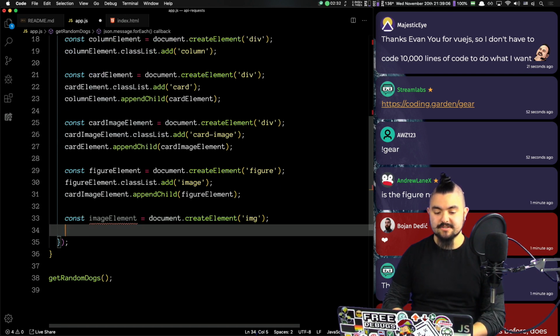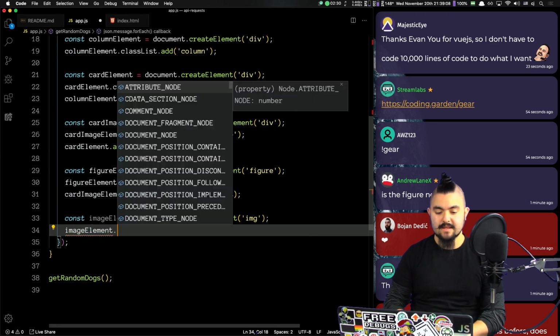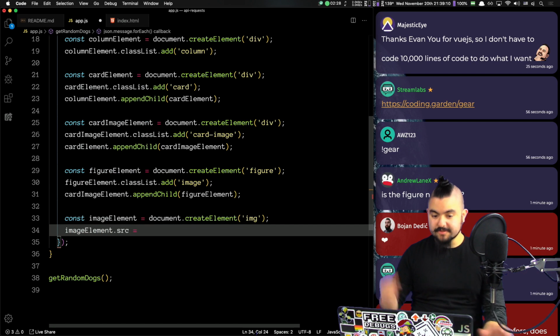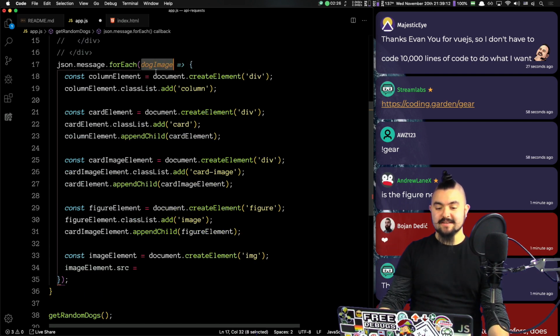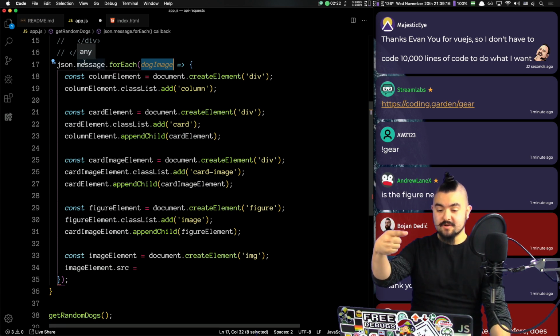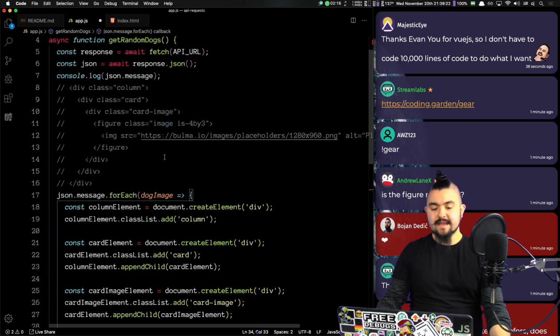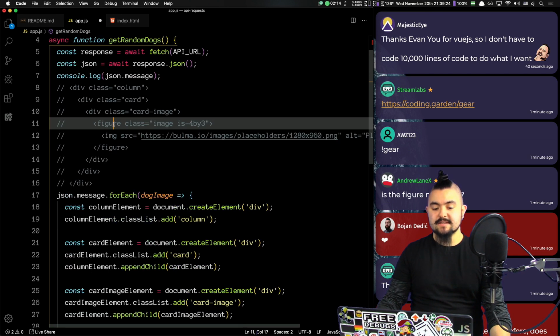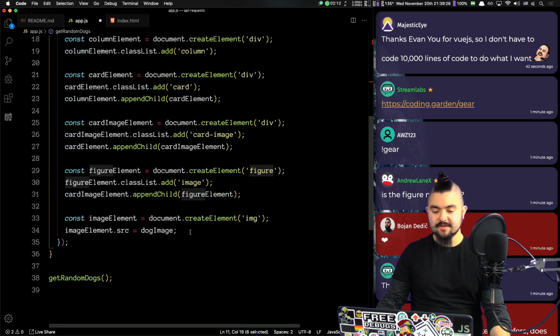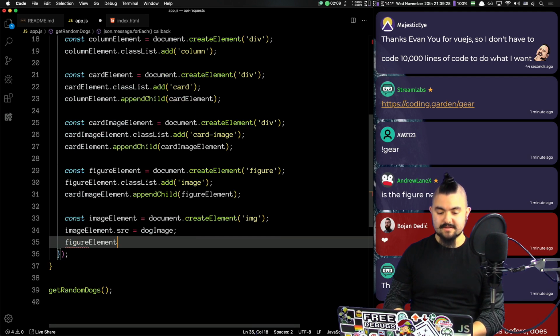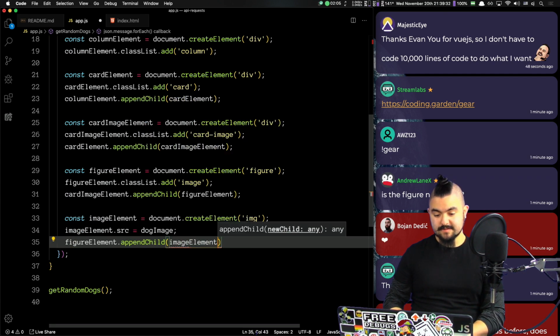So we'll say image element dot src equals, and here we can just say dog image, because json.message is an array of image URLs. Dog image is going to be an image URL, and this is where we want to set the source of that image. Now we can say image element needs to be appended to the figure. So we'll say figure element dot append child image element,